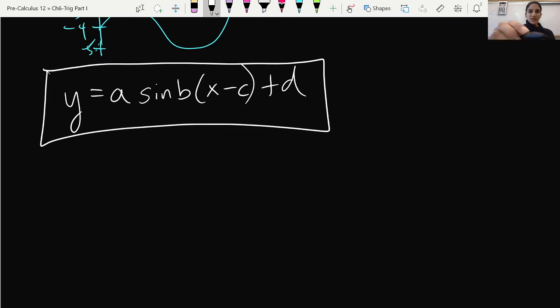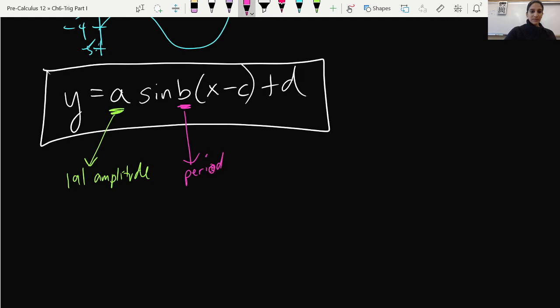So just to be clear, the absolute value would be the amplitude. You know what? I did amplitude before in green. Sorry, everybody. Might as well keep things consistent. So the absolute value of A would be our amplitude. So you can start to see the impact that this is having. The period, that would be this B value. So that's going to be the period, which would be